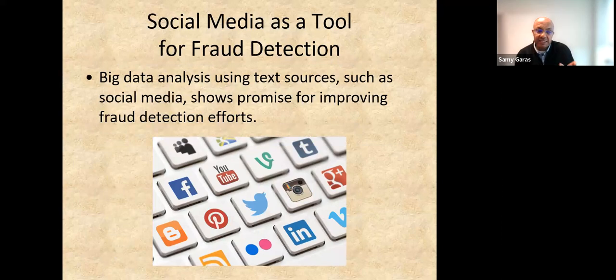How can I trace the fraud? Nowadays, social media can be a good tool, by the way, in the hands of the auditor or the fraud examiner to find the first hint about fraud. Checking the social media of some employees, like Facebook, Twitter, or Instagram, can give you an idea about the personal lifestyle of different people.